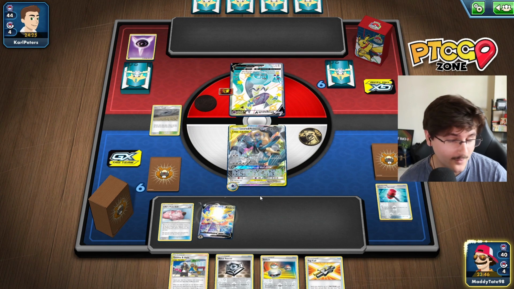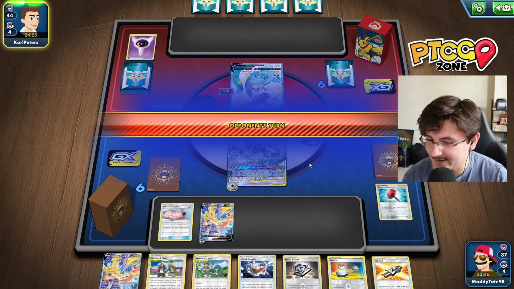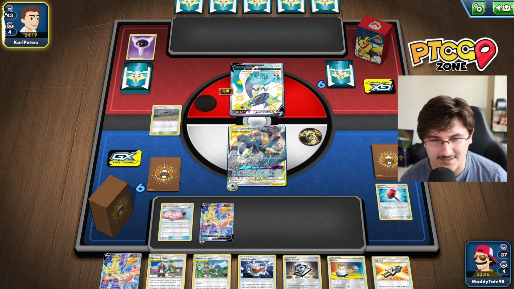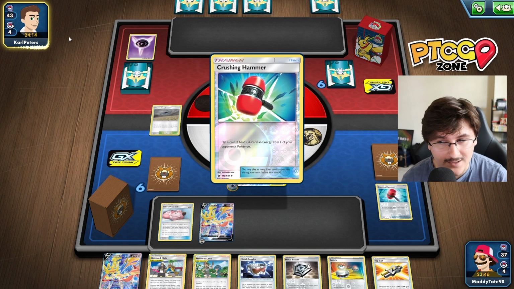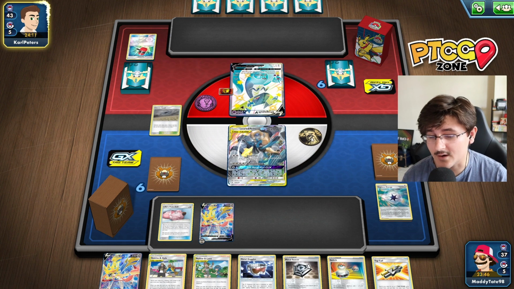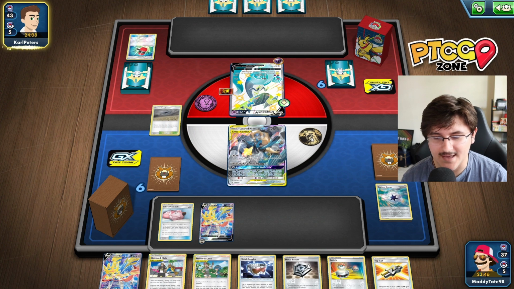We don't find any more metal energy, so that's a little bit unfortunate. But he's got 4 cards in hand. We have 7 cards in hand. We're going to GX next turn. He doesn't have any energy, so we're feeling pretty good about our situation. Hopefully Carl Peters here. Oh, he's also running hammers. Uh-oh. And he also gets the heads. Hopefully Carl Peters here has...